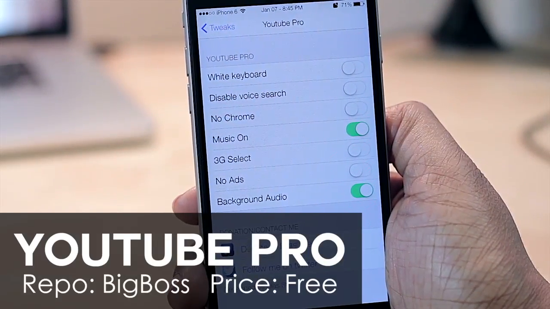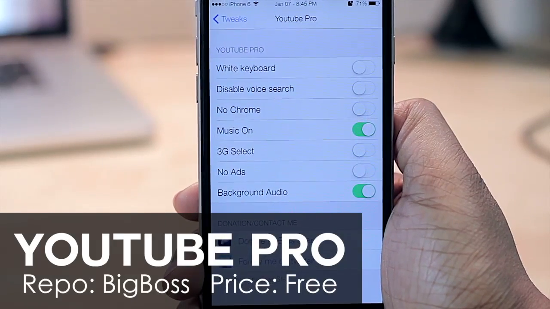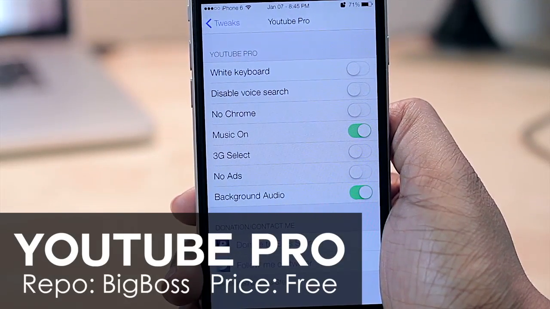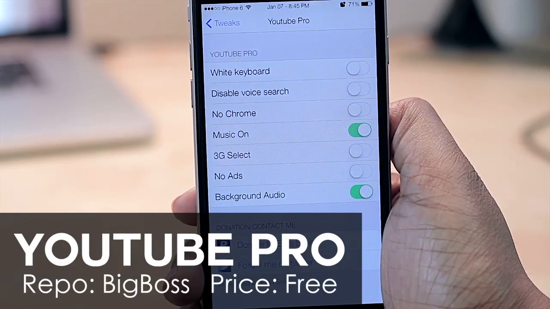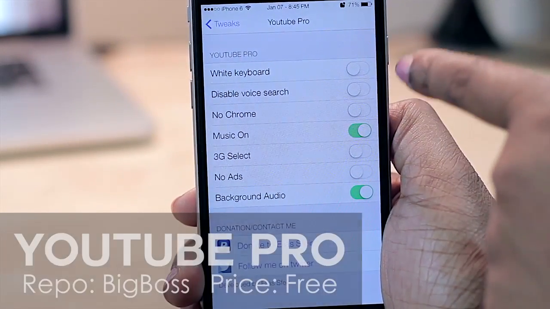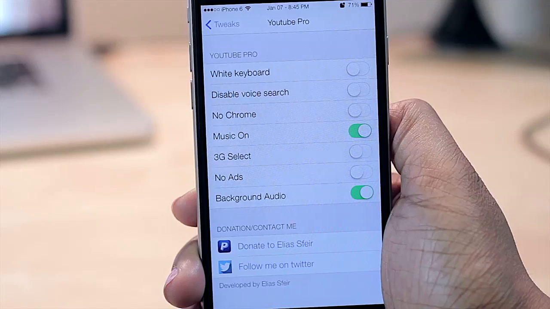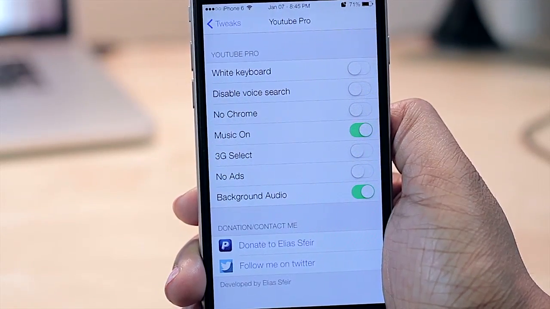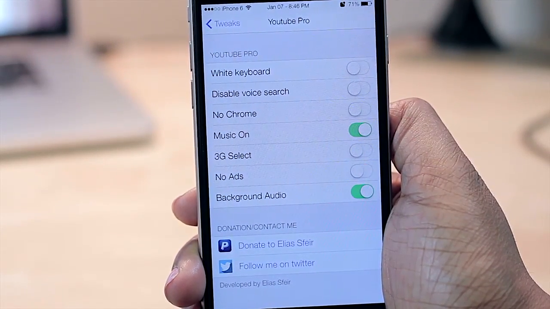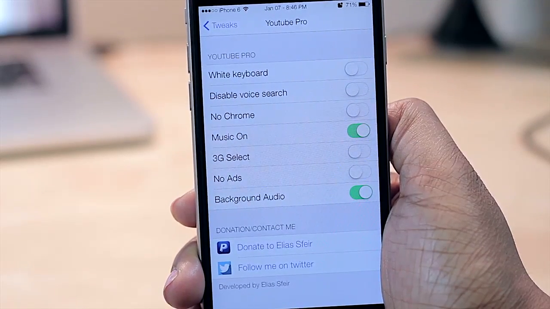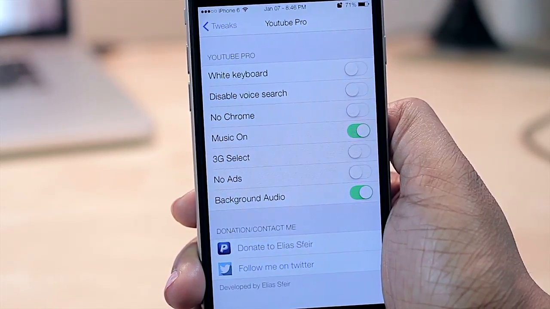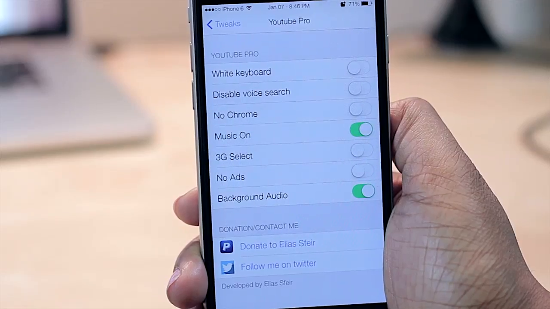So the first tweak we have on our list is YouTube Pro. Now what this tweak does is it gives you a couple of options that are not typically found in your YouTube app. So by that I mean it'll allow you to have all of these things mentioned here. So you can have a white keyboard, you can disable voice search, you can have no Chrome, music on, 3G select, no ads, and also enable background audio, which honestly is the main and only reason that I really downloaded